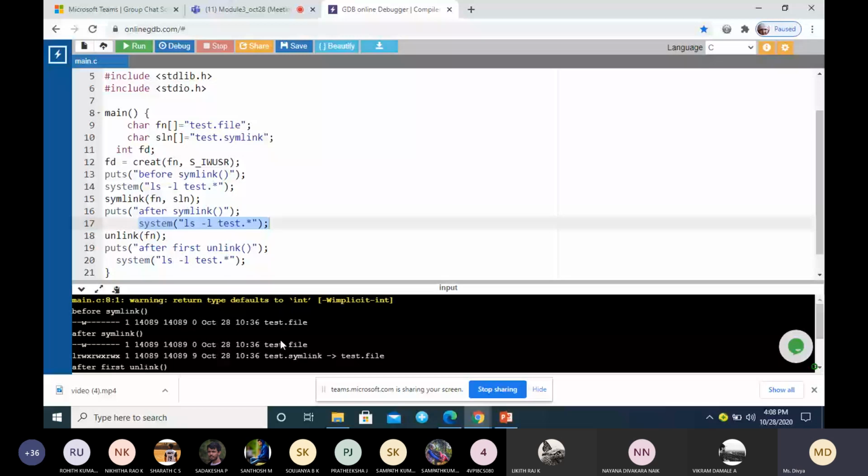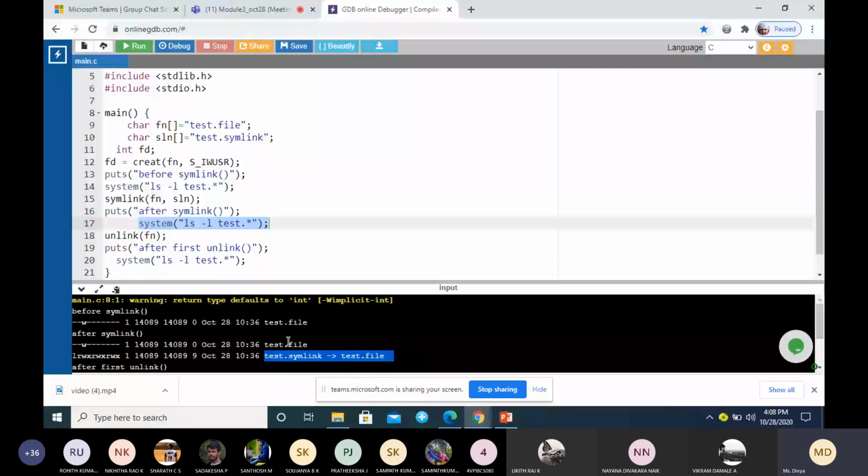Before the symbolic link, I had only one link, that is the hard link. Now I have this one link, and one more link, which is our symbolic link. So there are two links here. You can see the count is 1 and 1, so it is 2.